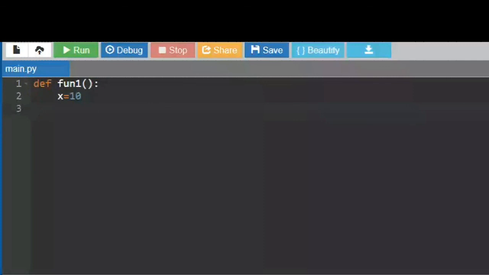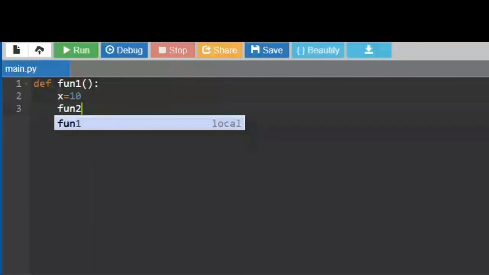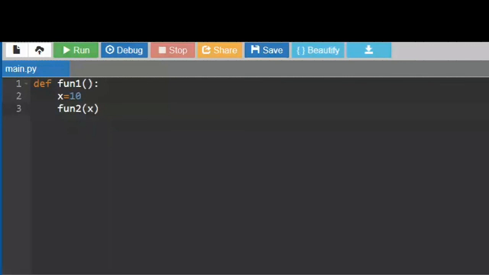What I'm doing, I'm making a function call over here. I have another function which is fun2, and I'm passing this x as an argument into this fun2. And this fun2 is returning something to me. So I am saying y is equal to fun2(x), because this fun2 is returning some result to me, and I want to catch the result, which I have caught in y. So I said y is equal to fun2, and I have passed x over here.